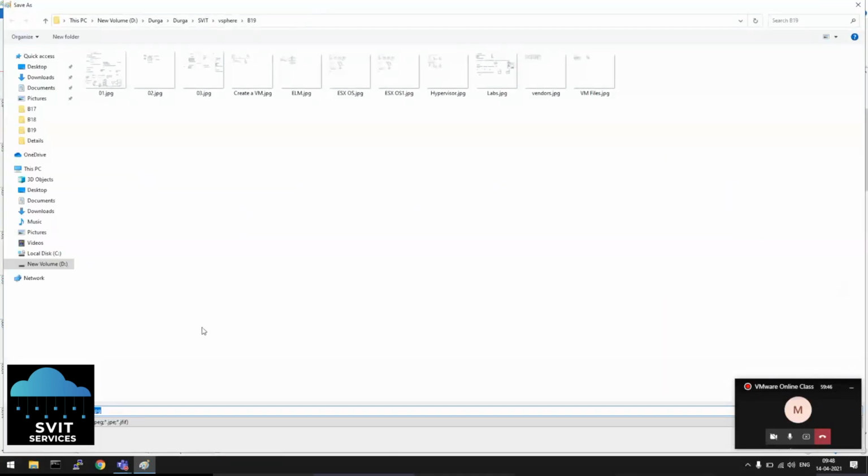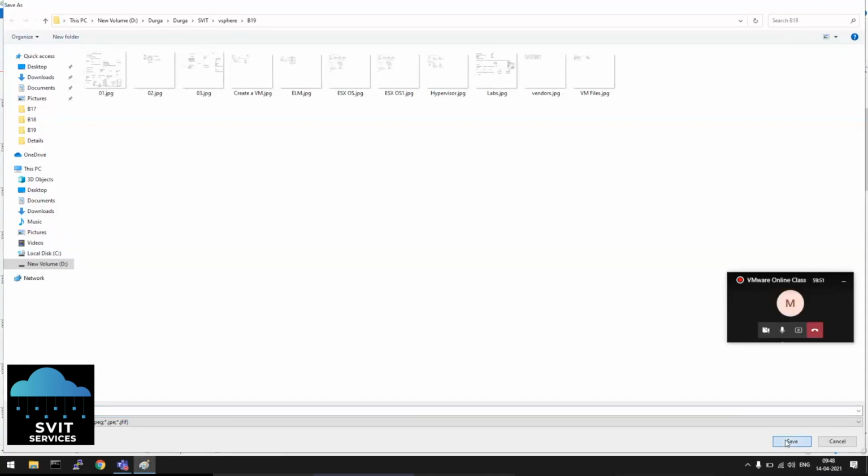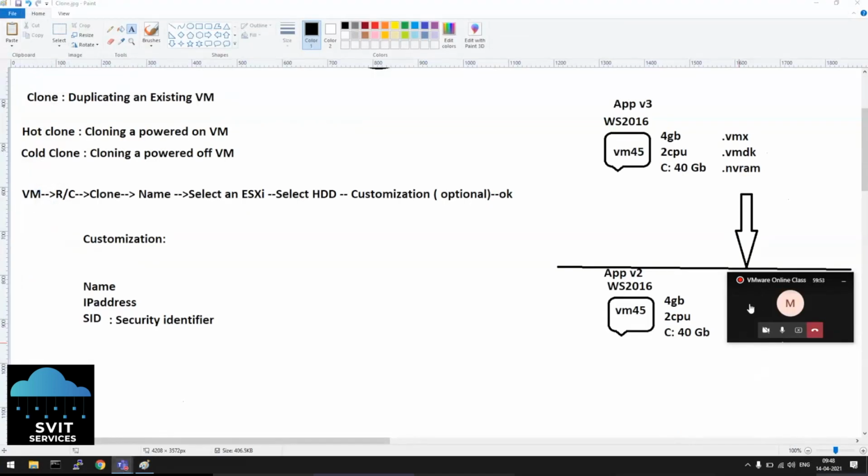See, after cloning, if we forget to change the name and all the things you are telling, what will happen? Conflict, definitely. Let's say there is a website running, application version 3, and it's a website only. If you clone a machine and directly copy it, this machine will also have the same IP address where the website is bound. Now the website will not work properly.